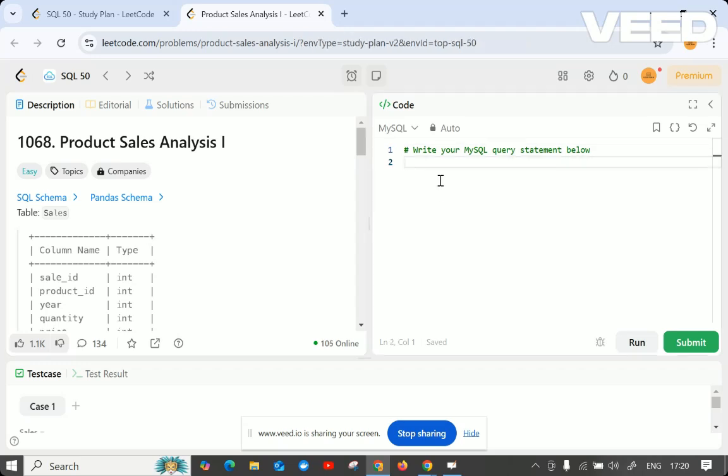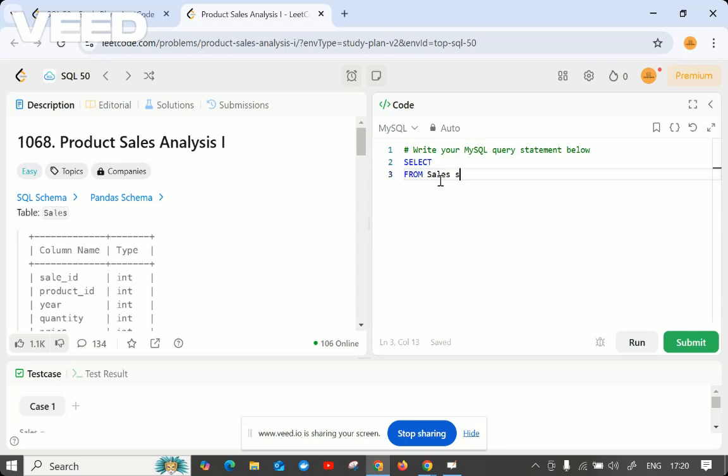Let's solve this query. First, what we have to do is write a select. Let me first join, then you can have a select. First, from what table do we have to take? From the sales table, right? From sales. Here we can give aliasing names or not, but for better organizing of code, we should use aliasing names.